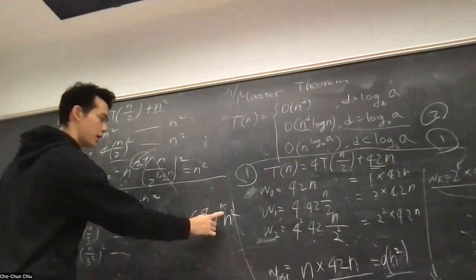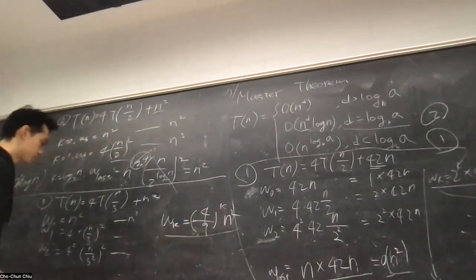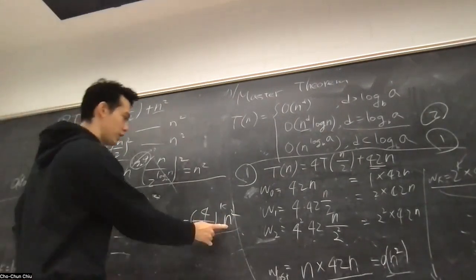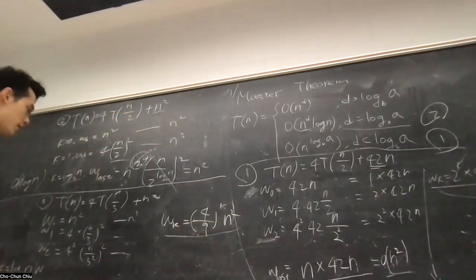So that's going to be k here. Right, and then you're plugging, what's the last layer? Last layer, k is equal to log 3. Right, plugging log 3 in here. And then what we have,